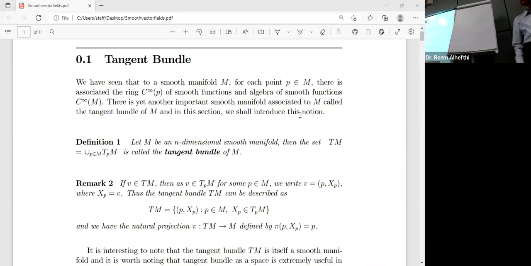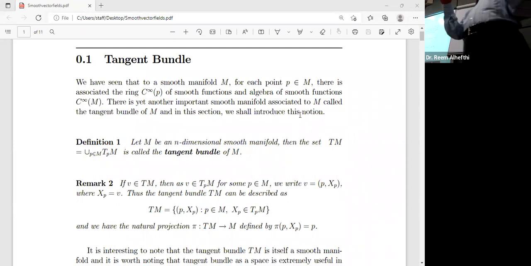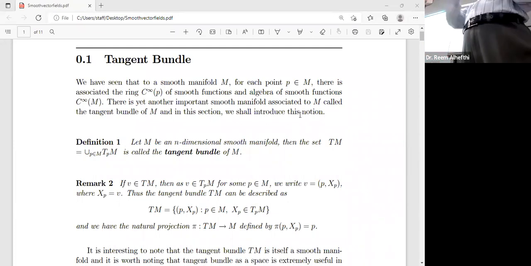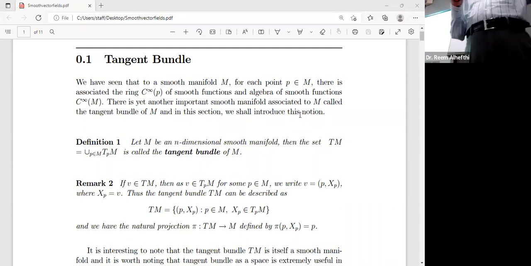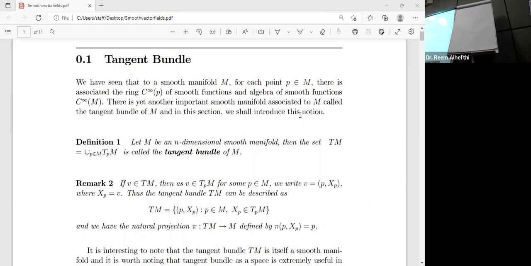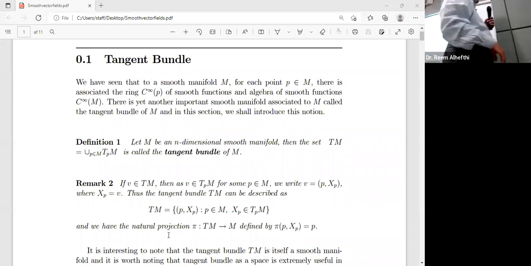So the manifolds are objects built out of open pieces of Rn, glued together by smooth maps. Some of the objects you can imagine, some of them are beyond imagination. They're abstract spaces. An important thing associated to a manifold is that at each point you have a ring of smooth functions denoted by C infinity P, as well as the algebra of smooth functions, C infinity M. These were the things Professor Hela has already discussed.